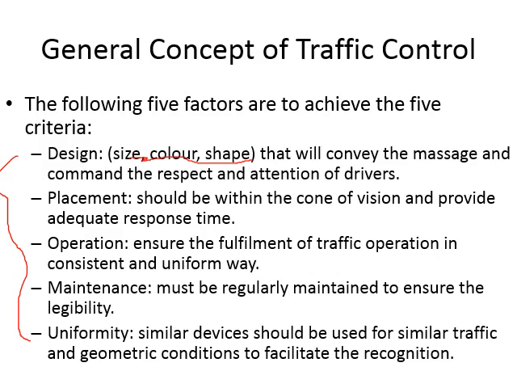Then the operation is very important. What type of traffic operation do you want out of this traffic control device? You want the drivers to be in their lanes, so you give them lane markings. You want the driver to see the direction for each lane, so you put the direction marks on the pavement. You want the driver to see the different routes to different areas, so you will see these big signboards which are showing the different routes, and so on.